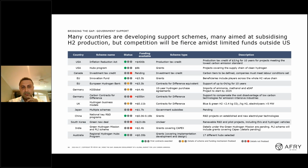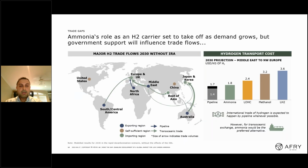And this is the most substantial bit of funding that's been announced by any European Union member. But again, the numbers are still in the early phases, so details have to be confirmed. But early indication is that it's going to be around that $55 billion mark. If we move on to the trade flow side,